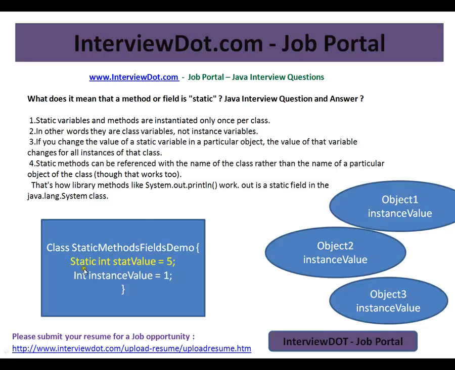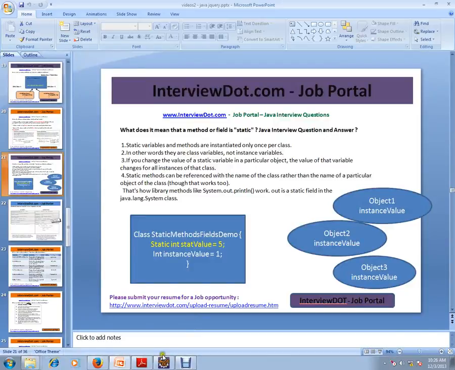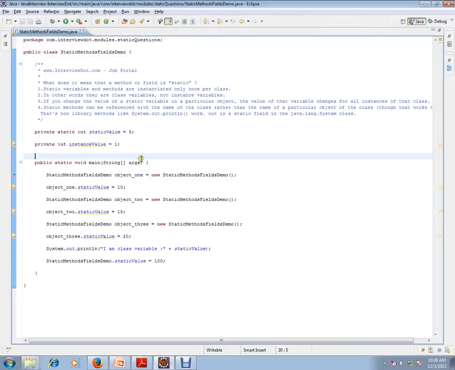Say, for example, I have a static int static value, whereas I have one more variable called instance value. This will be for each object. This state will be for each object, and this will be commonly shared between the other objects. Let's see an example so that you can understand in a better way. So I have given here